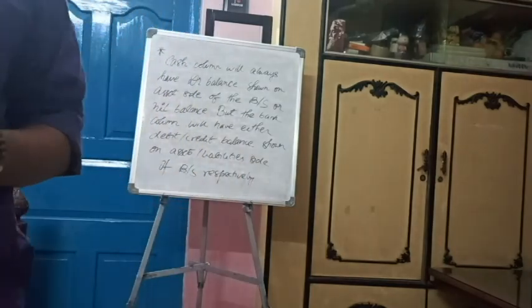So what we note here, that cash column will always have a debit balance shown on asset side of the balance sheet or nil balance, but the bank column will always have either debit or credit balance shown on assets or liability sides of balance sheet if necessary. I hope you have understood the class.